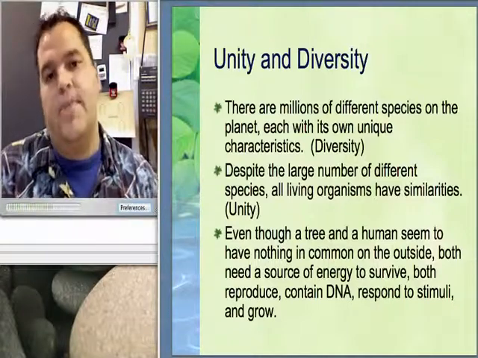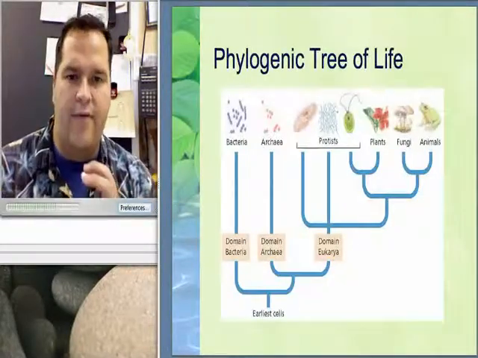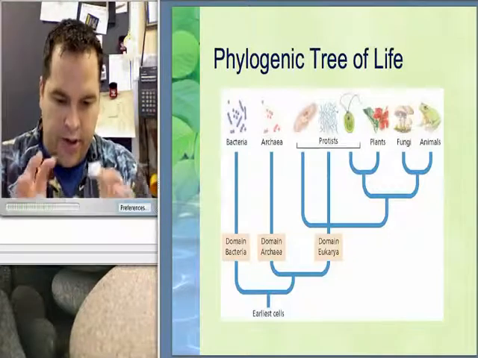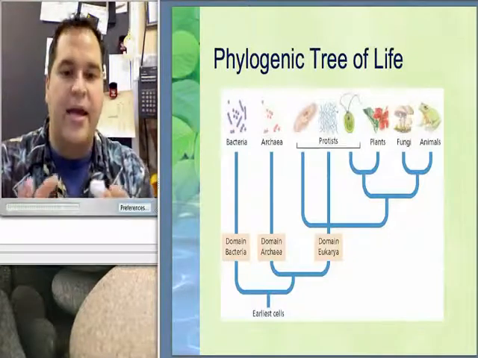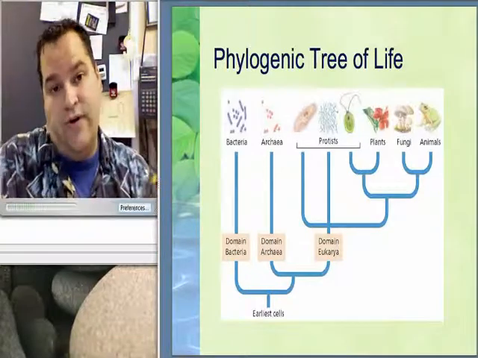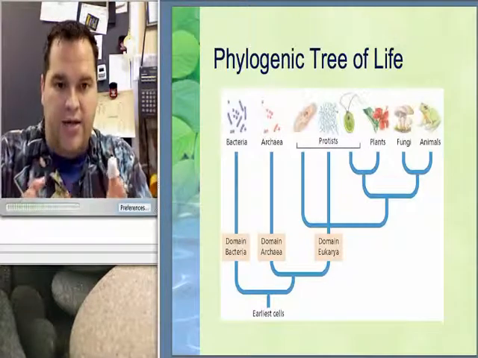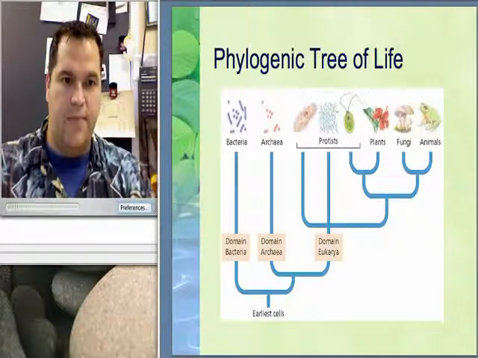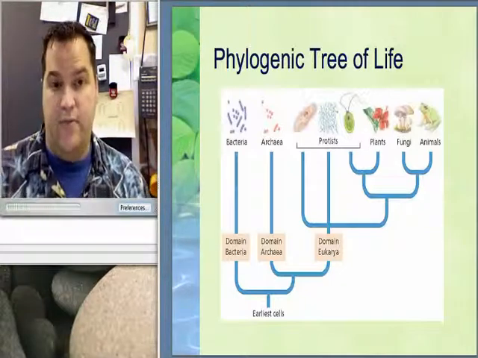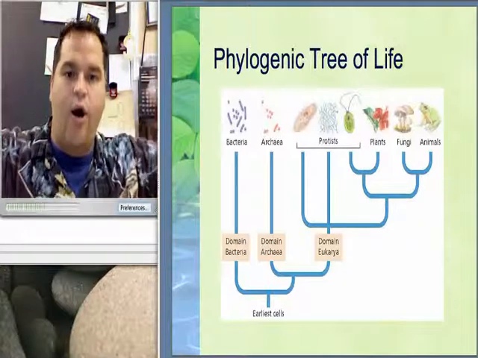So when we study biology, it's often easier to start at the bottom where everything is very, very common and work our way apart. If we can understand the things that everybody has in common, it's very easy to start to separate them. And that's what the phylogenetic tree of life shows us: we start with these common things, and then we start to separate them. And we're going to talk about that when we talk about how we classify living things, because when we classify them, we're going to start with the things they have in common and then work apart with the things that are different.